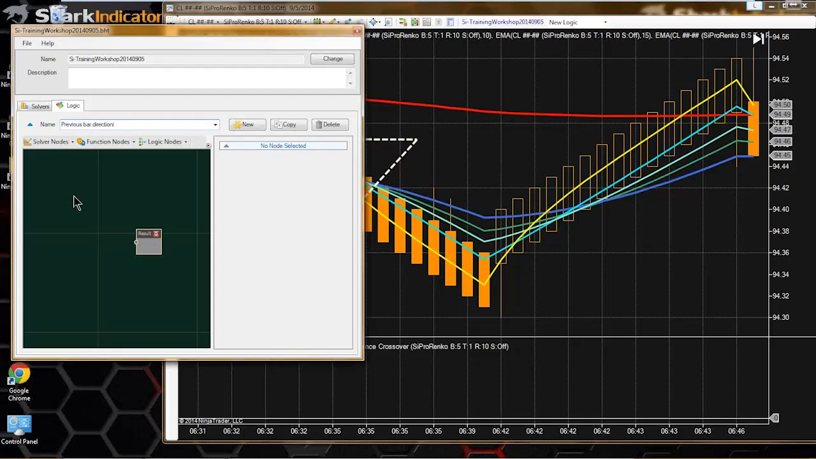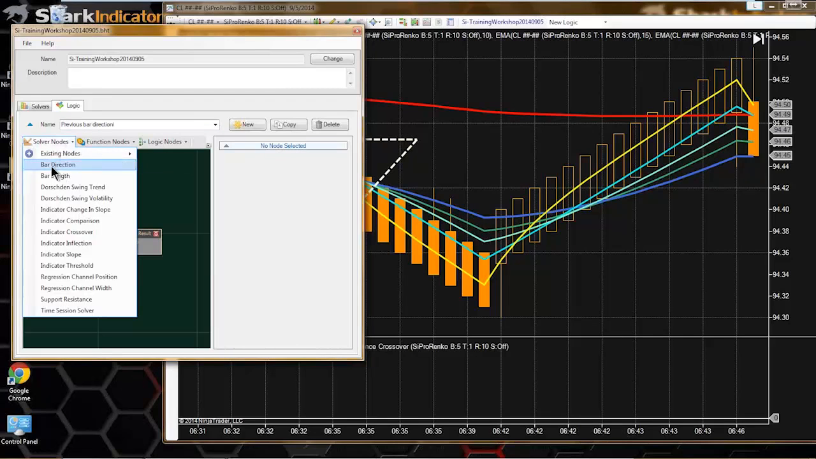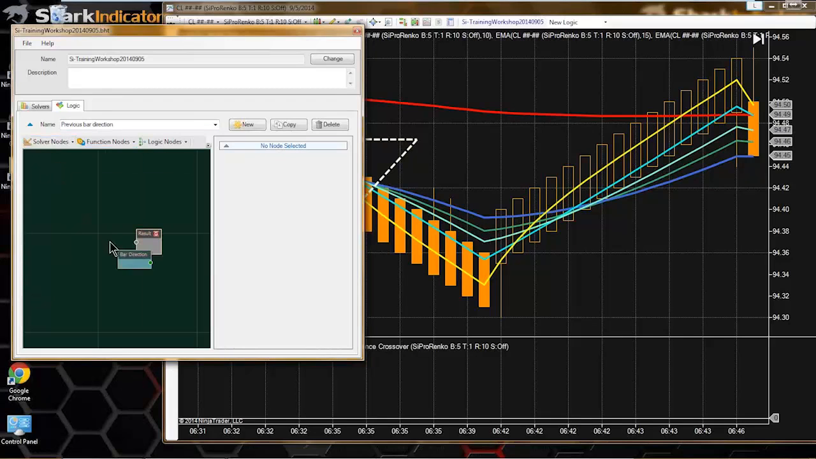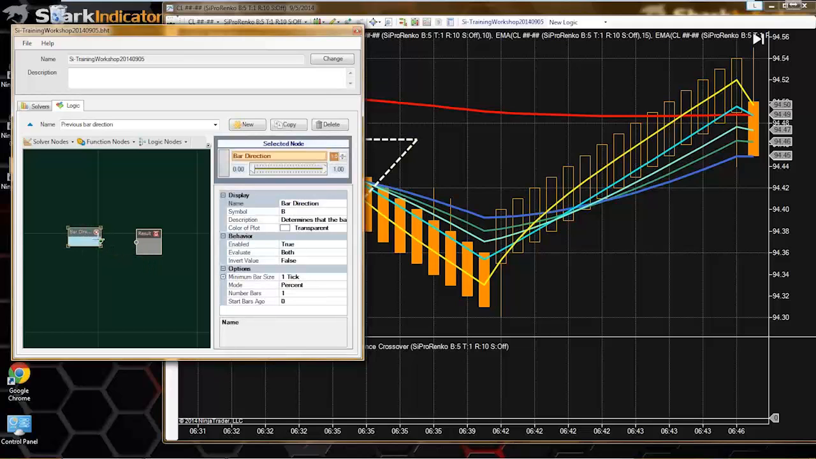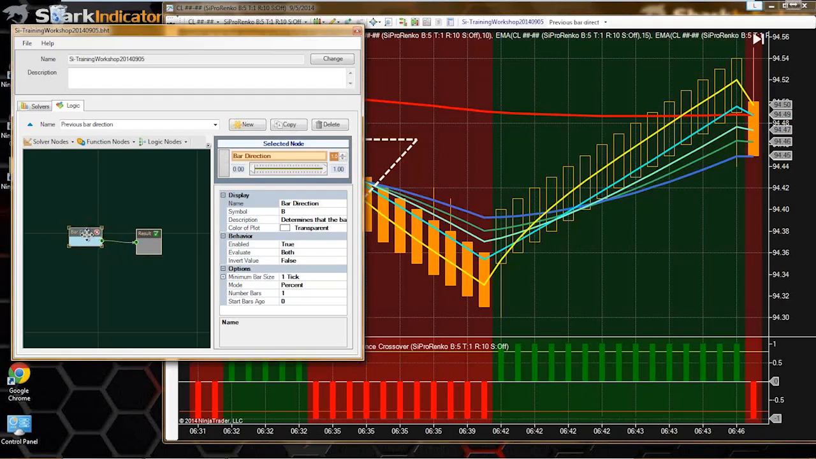Alright, so previous bar direction. I'm going to use the bar direction solver. Connect that in there. And you'll see the bar direction solver has this setting here. It's called start bars to go. So if I set that to 1,